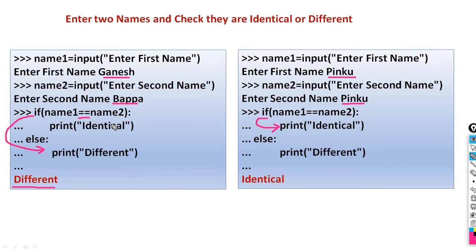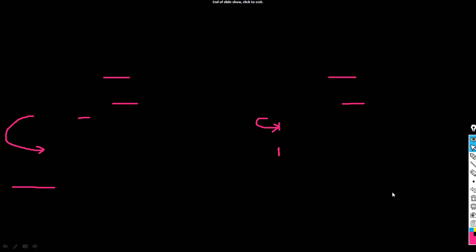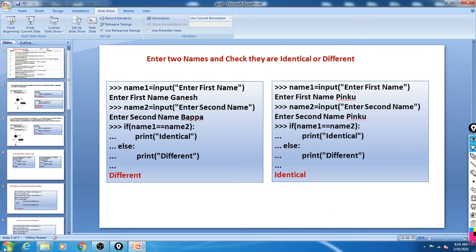Okay, so like this we can write different scripts, we can compare different values. The only thing you should remember here is that you should use indentation. The statements present within if, you should write by using tab spaces. The statements present within else, you should write by using tab spaces. So these are the examples with which we can use mathematical operations and relational operators. Now we will see how practically we can use this.